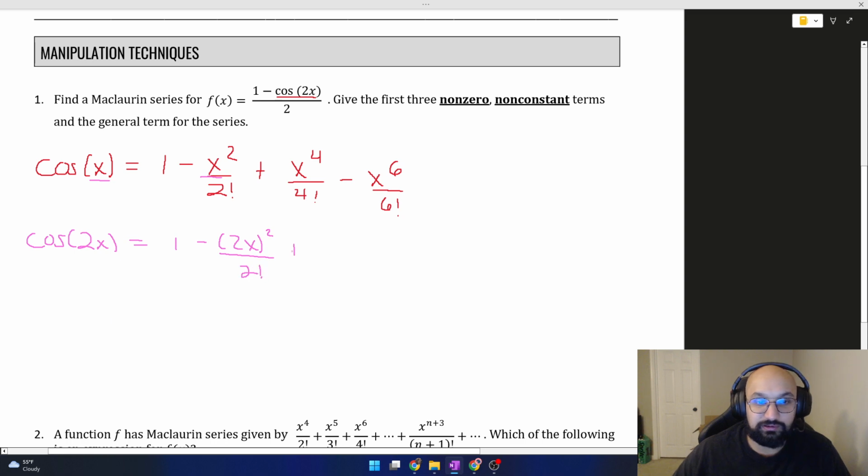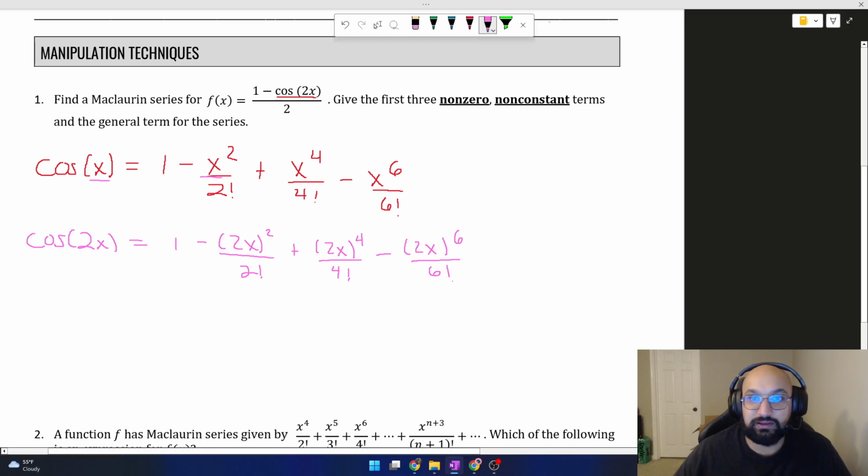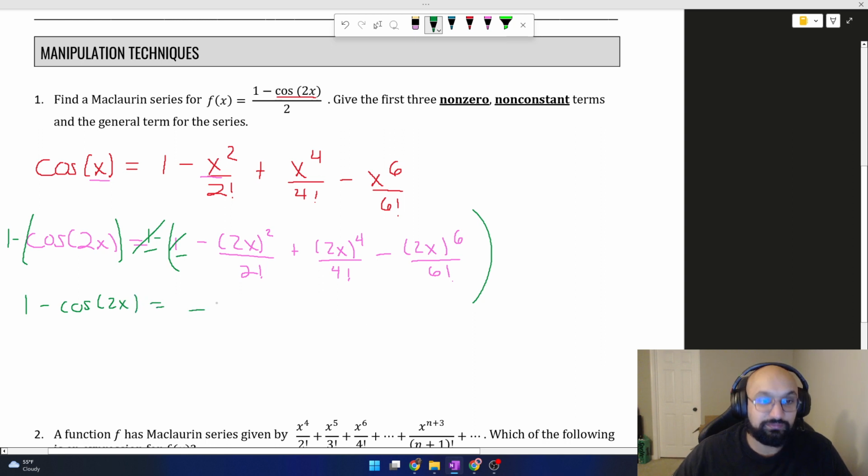The usage of parentheses here is very important because if you were to simplify, you'd want to make sure you send the 2 to whatever the n power is in each term of the series. From this point, we can then recognize that we want to do 1 minus our answer. In order to do 1 minus our answer, we would want to think about it like 1 minus the whole thing. Now when you do 1 minus, it's pretty clear to see that these first two terms are going to cancel out. So that means 1 minus the cosine of 2x is really just negative 2x squared over 2 factorial plus,